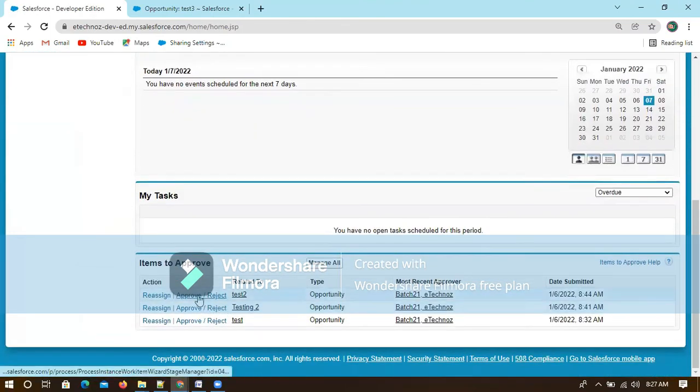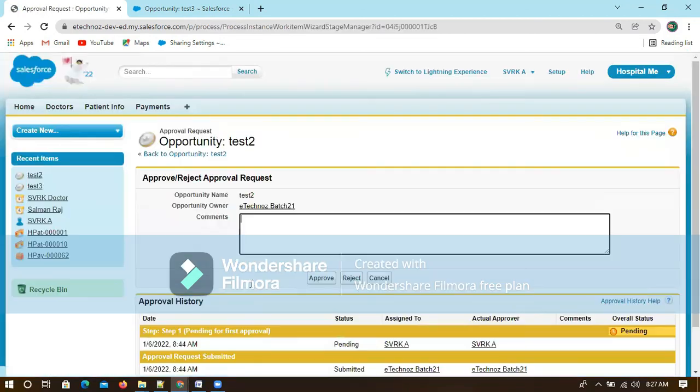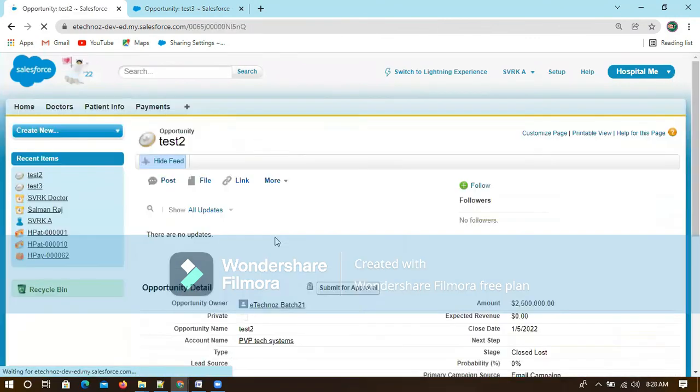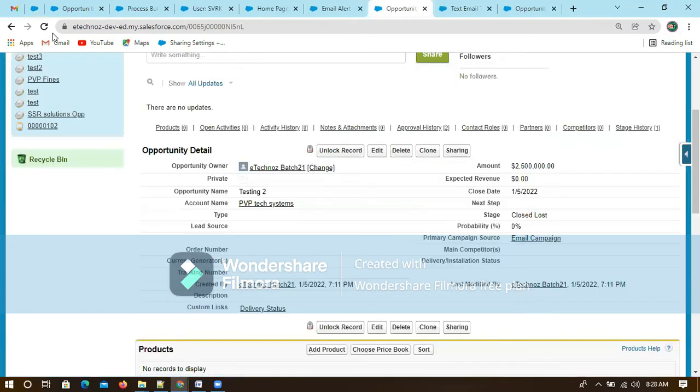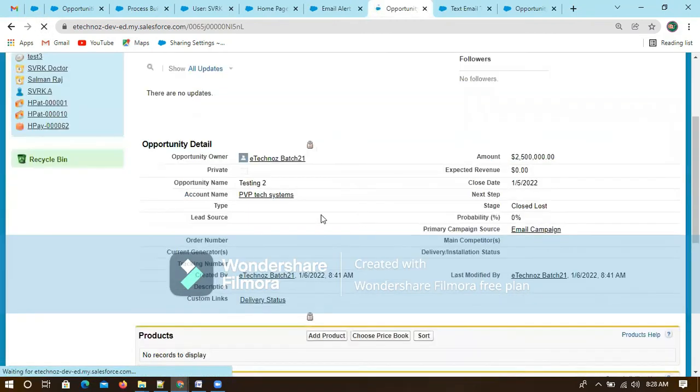Here also we can approve this, testing two. We click on that, it will be redirected here, and you can approve or reject it. I'm just testing and approving this. Once this is approved, you go to the main object and refresh, and now it is approved.